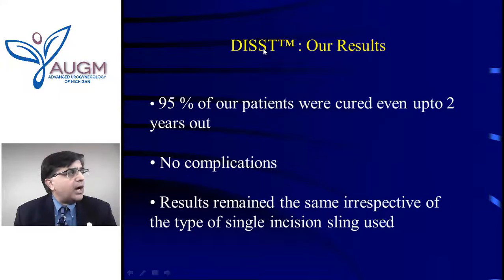So bottom line, what our results showed is 95% of our patients were cured even up to 2 years out. No complications. And we had two different types of that single sling that we tried, and it did not matter. The results remained the same. So this showed us that,